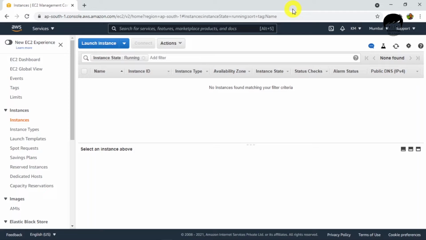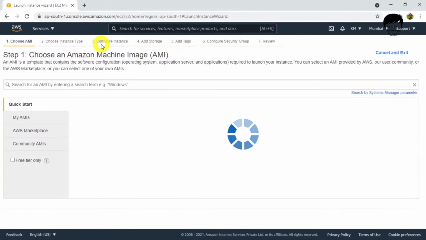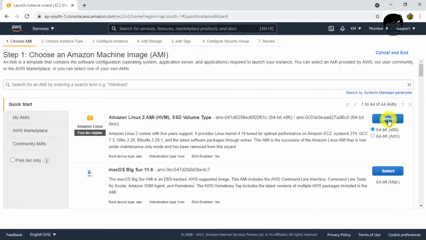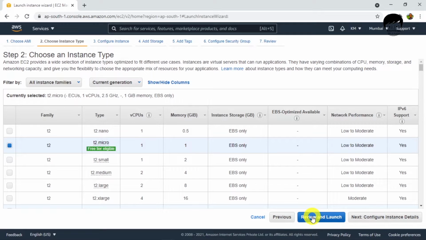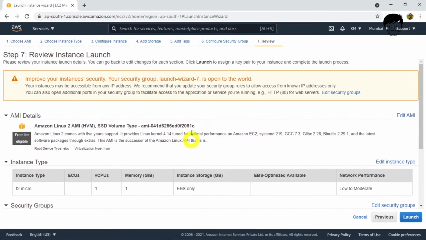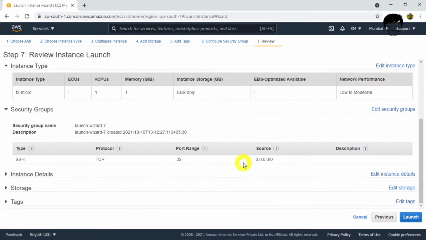First of all, we have to launch some instances, because we need one Ansible server and another thing is nodes, because we have to deploy some applications on those nodes by using our Ansible server. For that purpose, we have to launch instances. I'll click on launch instance and select Amazon Linux 64-bit OS. I will select T2 micro, because I don't want to pay anything, so I will select this free tier eligible. Just click on review and launch. I'm not going to change anything here. I just launch my instance.